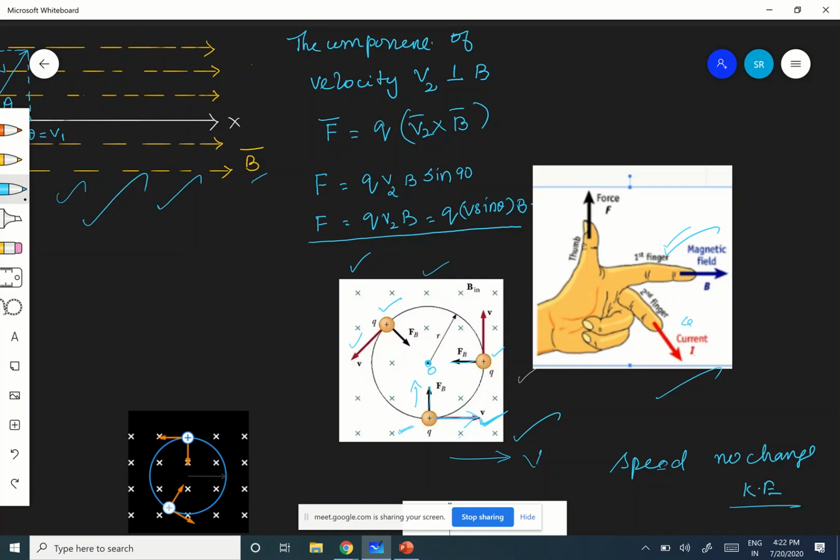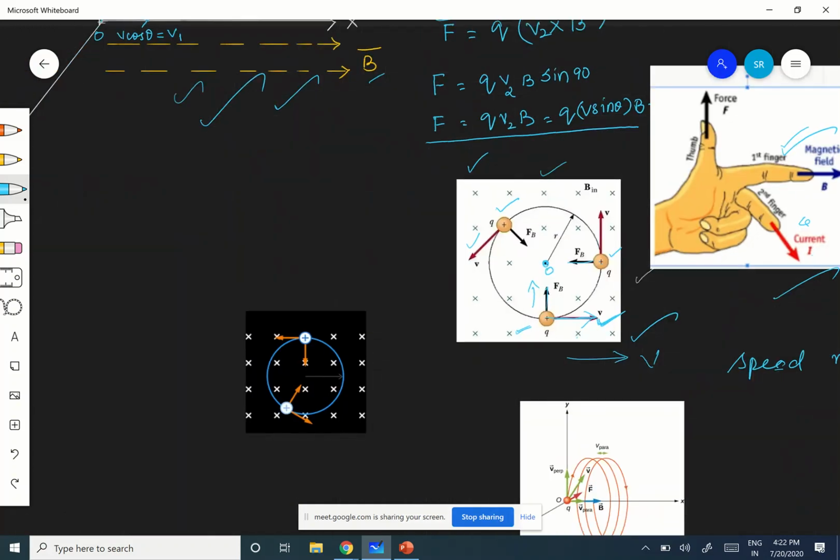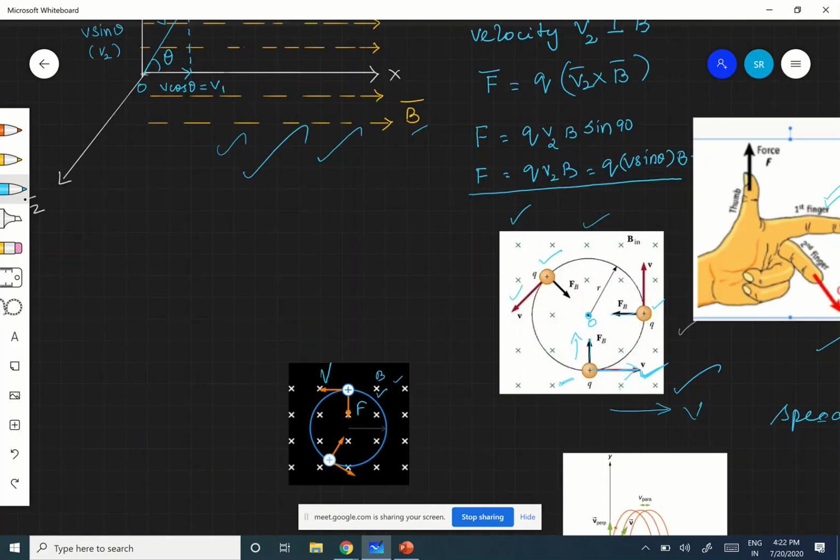Therefore, very, very important. See, here there is one more diagram. So, the same thing here. You see? This is V and this is F. And this is the charged particle. This is perpendicular. This one is B. Okay. So, every time the force will be acting towards the center, that gives you a centripetal force.